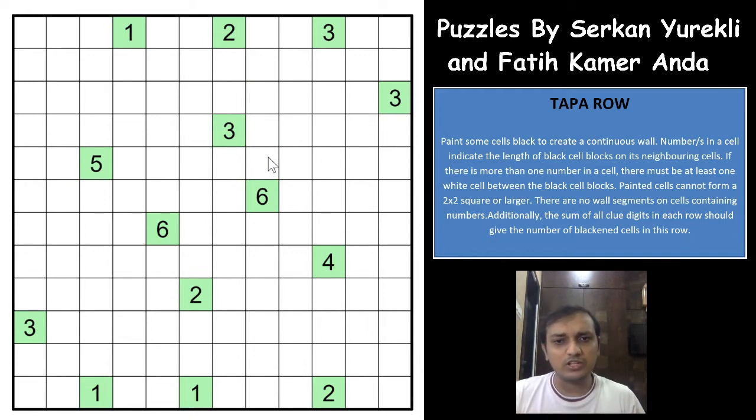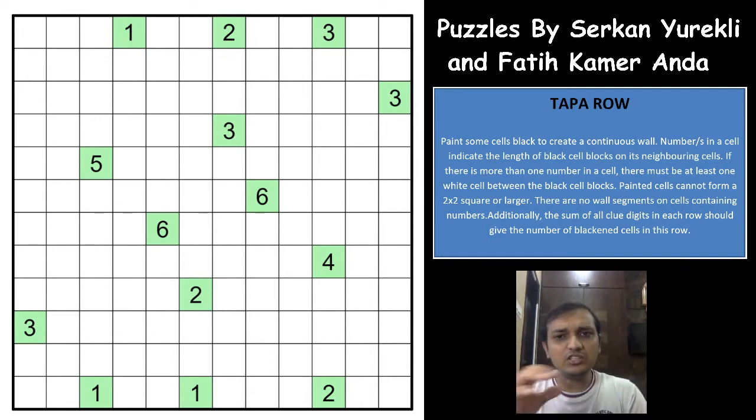So if you have more than one number, and usually in a Tapa puzzle you will have more than one number in a cell, for example you will have 1 and 3 here. In that case, you will have 3 shaded cells and then one shaded cell separately, differentiating 2 groups of shaded cells, right? So if you have 2 numbers, you will have 2 groups of shaded cells. If you have 3 numbers, 1 1 1, you will have 3 shaded cells, 1 1 1, and in between those you will have white cells differentiating 3 different groups of shaded cells.